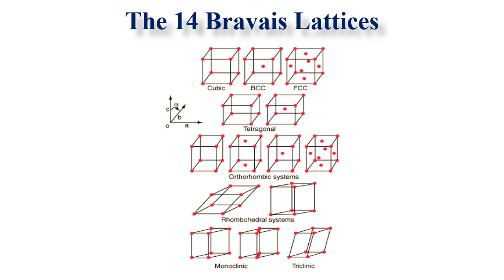We have 14 types of Bravais lattice. So, here are those 14 types of Bravais lattice: in cubic, tetragonal, orthorhombic, rhombohedral, monoclinic, and triclinic systems. These three-dimensional configurations of points are used to describe the orderly arrangement of atoms in the crystals. Each point represents more than one atom in the actual crystal, and if the points are connected by lines, the crystal lattice is formed.